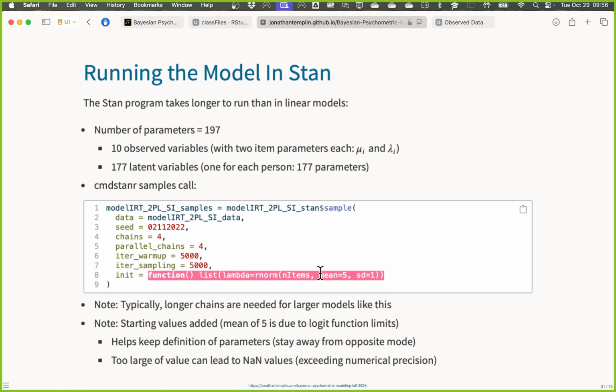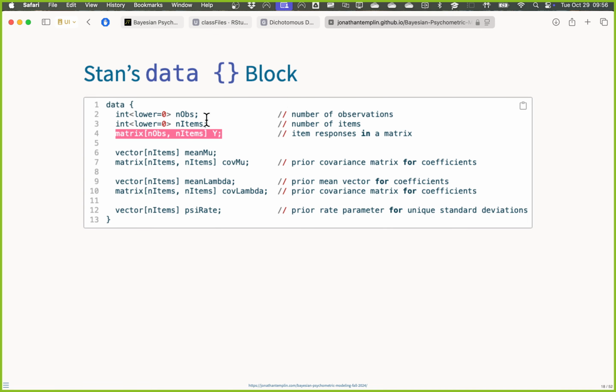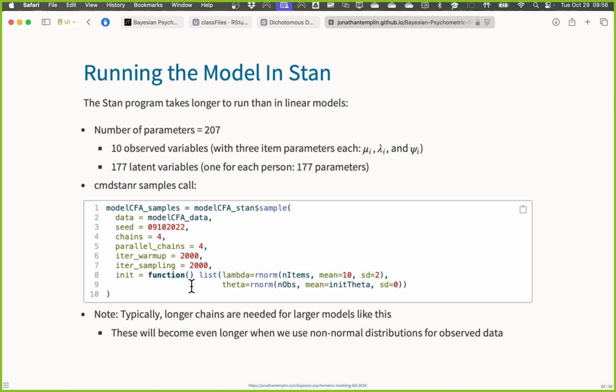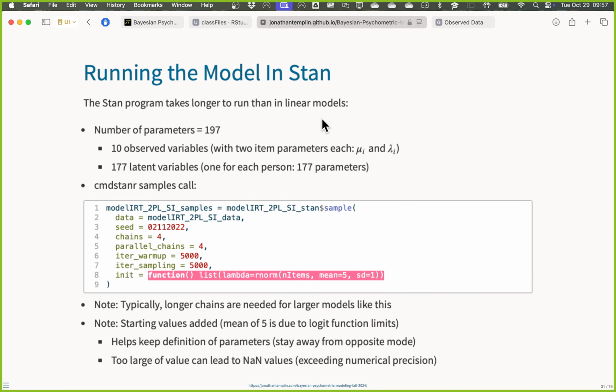You'll note I made changes to my CFA slides that actually implemented a second constraint that we talked about last time as well, which was we standardized the sum score of our observations, and we use that to initialize theta, our latent variable. I could and should have done that here in my IRT function, but you'll see it still works with just lambda being initialized. The other thing you'll want to note here